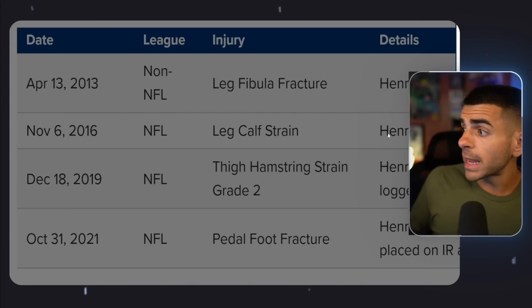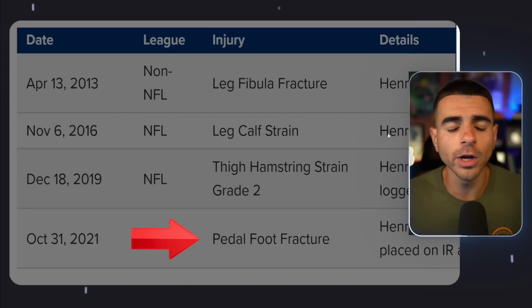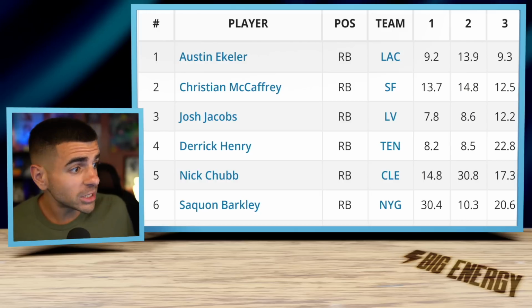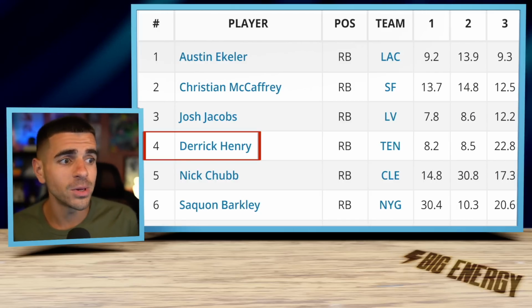Now, last year, Derrick Henry was coming off of an injury from the previous year, which would be in 2021 when he fractured his foot, and there were some concerns. Now he's older, coming off of a foot injury. That's not good for a bigger bruising running back. But Derrick Henry said, hey, no worries at all. Watch this. He finished in 2022 as the 4th overall running back in fantasy scoring in half PPR leagues,